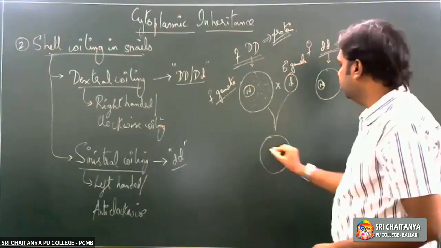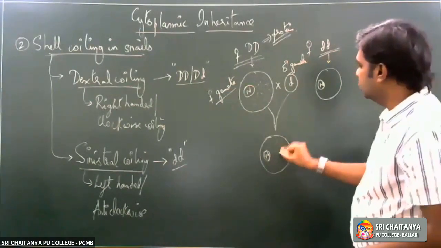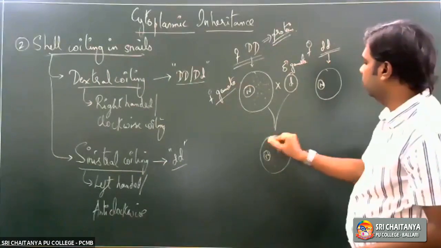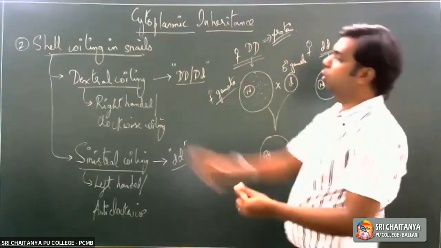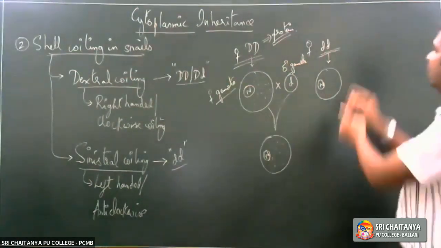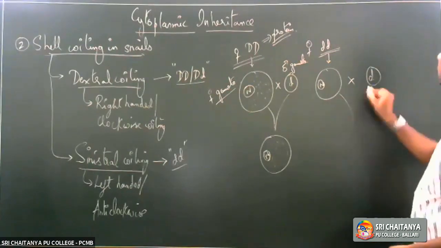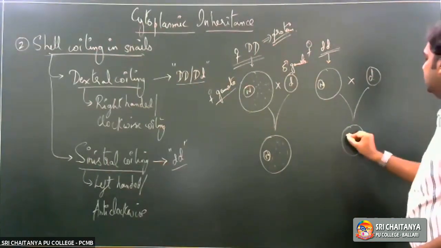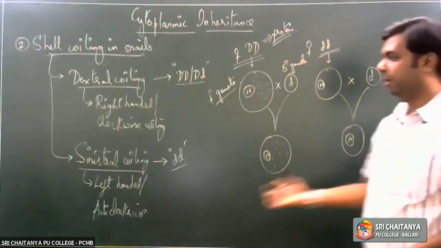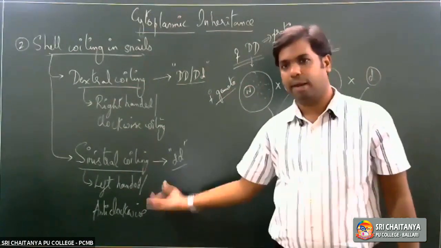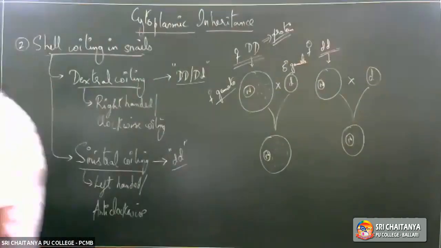I mean, the zygote is produced, with the nuclei of both, and along with that, the protein is also being inherited. So this offspring here, the zygote here, will now be showing dextral coil. Whereas in the second case, when this fertilizes with another small d here, since there are no proteins formed here, this zygote will have only the nucleus, and this coiling pattern here would be termed as sinistral coiling.